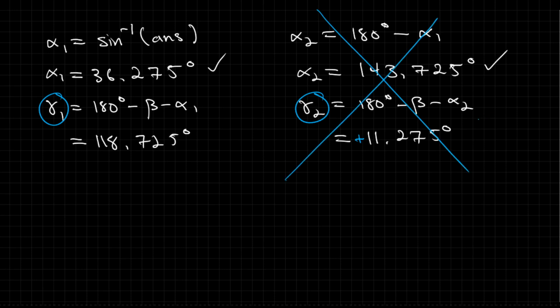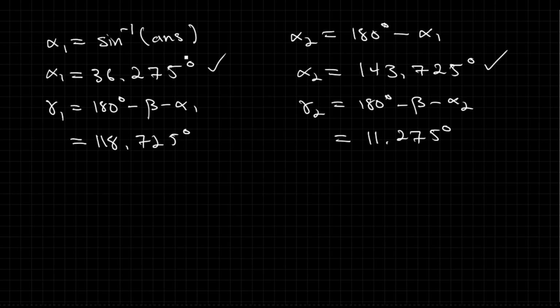So if you're working a problem, you do some calculations, you get your two angles, and then one of them is negative, then you just erase that triangle. So if this had been negative 11.275, I would stop doing any calculation with my second triangle and make the conclusion that there's only one triangle. We'll do an example like that, but in this case here, what we have right now is we have two triangles